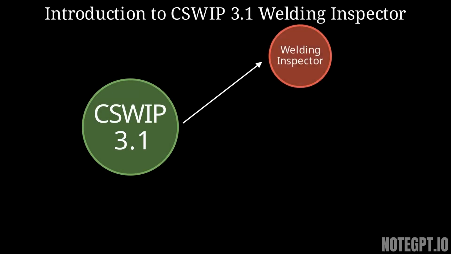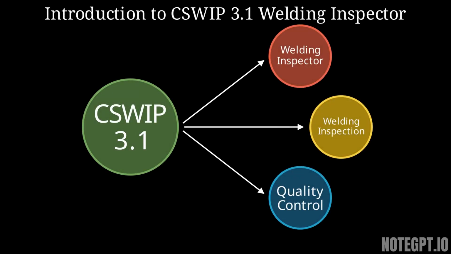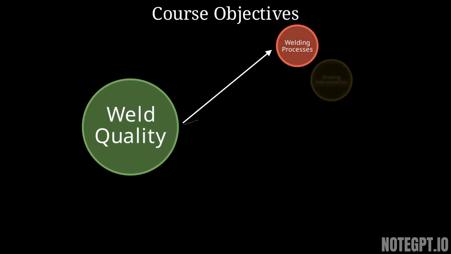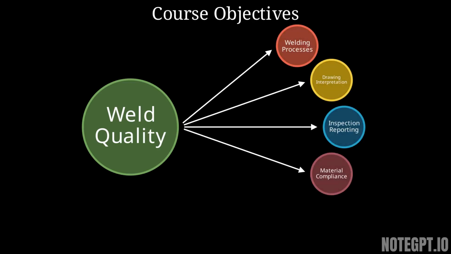The CSWIP 3.1 Welding Inspector course provides comprehensive training on welding inspection and quality control. It covers essential topics such as welding processes, inspection techniques, codes and standards, and the duties of a welding inspector. The main objectives of the course are to understand factors influencing weld quality, recognize characteristics of welding processes, interpret drawings